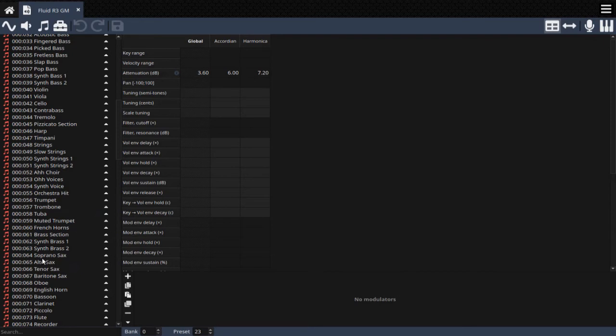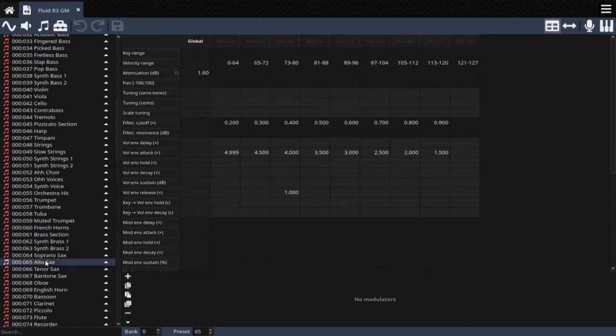If we look at these saxophone sounds, here's the alto sax, it has some vibrato on it. That's pretty good, except that these samples are a little bit higher for the tenor sax. But if we look at the baritone sax, especially down here in the basement,